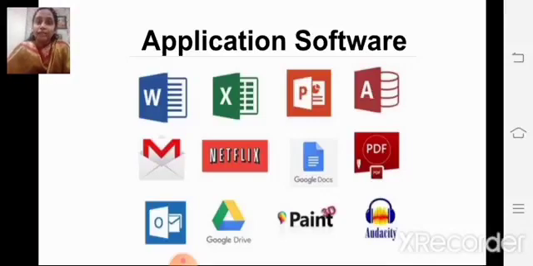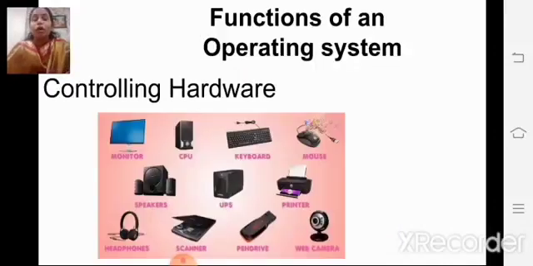These are application softwares. Children, the next lesson, the third lesson, is operating system. The functions of an operating system. What are the functions of the operating system, children? Controlling hardware.